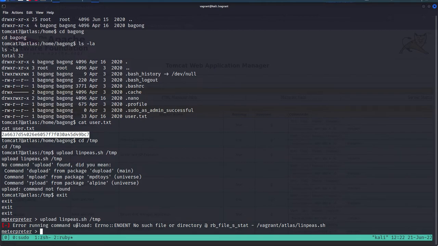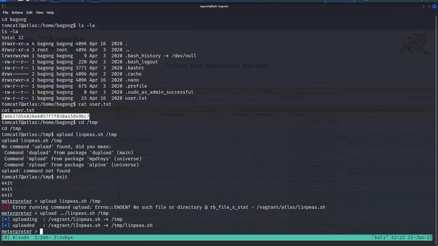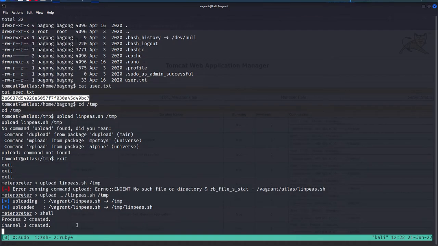Alright, sorry. The file is not at /variant/atlas, rather it's one directory above. So maybe you can do this. Does this work? Alright, this works. So uploading. Now if we jump back in the shell,